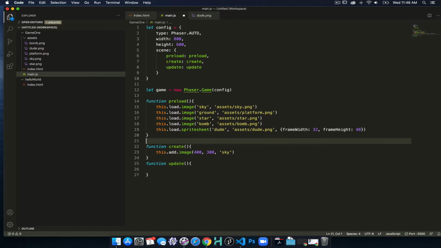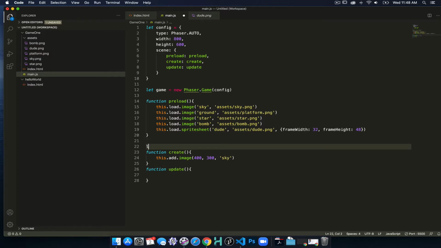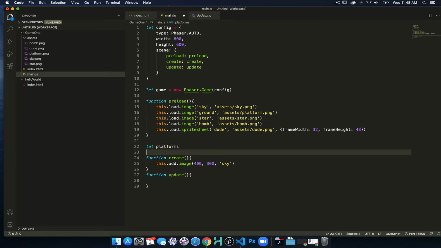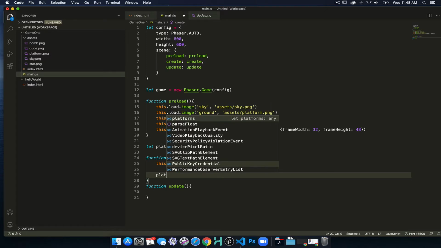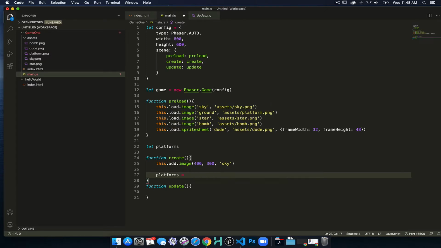What we want to do now that we've loaded assets, we're going to add in the platforms since we're working on creating a platform style project. Now as we add the platforms, and remember we leave sky at the back, so we load sky first. Then we will say platform. So we need to make a reference to the platforms as we're going to put them in, because we will have to refer to them in multiple locations. The sky, when we load it, is just a static decorative image, so we just load the image and we're done with it. But because we need to reference the platforms as we add them later,